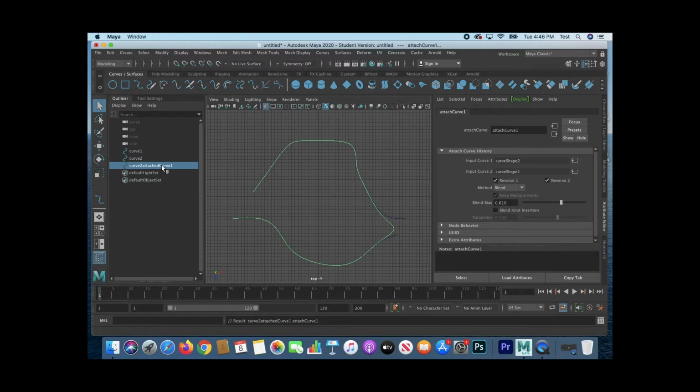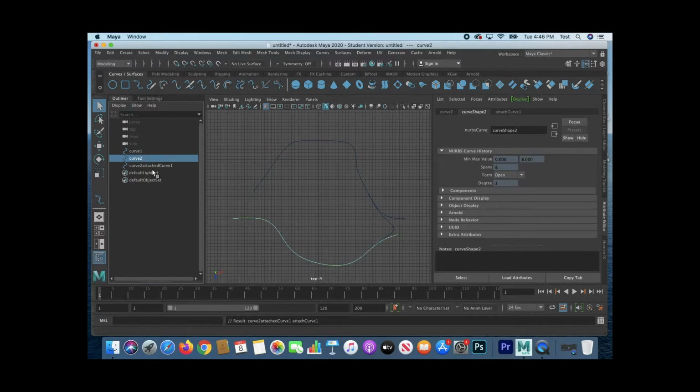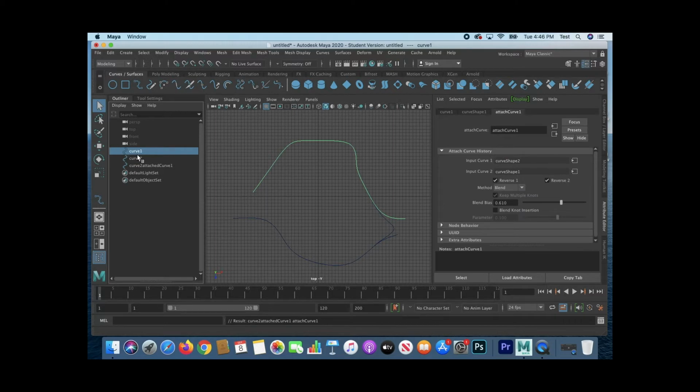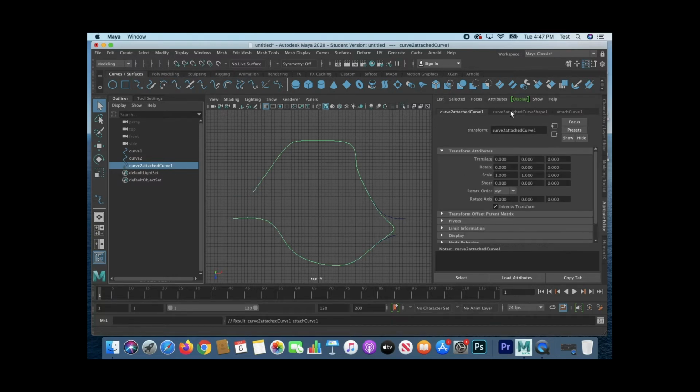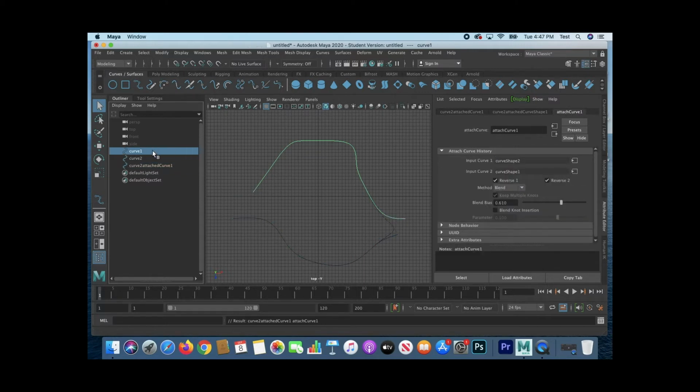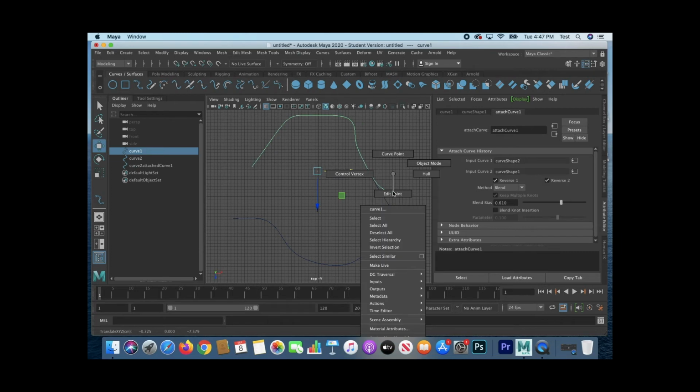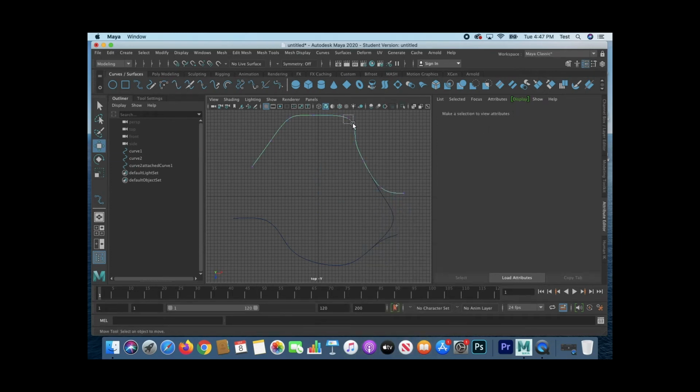And it creates a third curve out of the first two, which are still in the scene, and now I have this third curve. It is important to note that with curve 1 and curve 2, I have this node which is an attach curve node. So even though, here in my nodal network for this attached curve, which is the combination of the two, I retain information that connects it to the first two original curves. So if I make any changes, if I move this curve within space or I edit its shape, it will affect